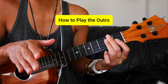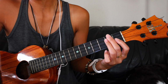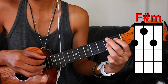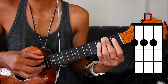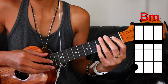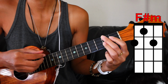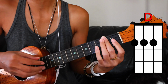And then the outro is the one that's also played different as well. It's just different chords. So the outro is gonna be B minor, where he goes ooh, F sharp minor, D, A, and then after A, then we're gonna go B minor again, F sharp minor, D, and then D minor,